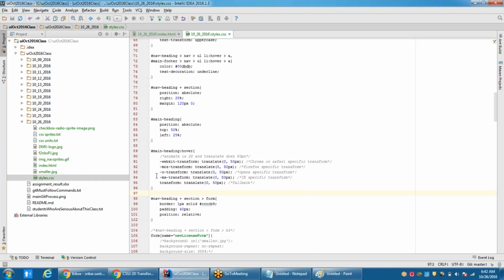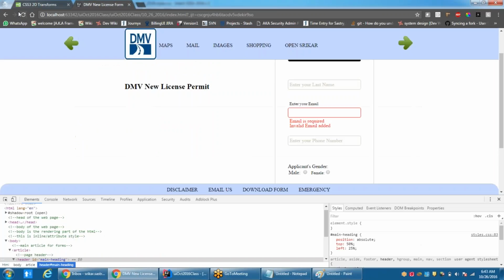And the thing is, in today's world, most of the browsers follow WebKit, like Safari and Chrome are kind of famous. So that's why that is the first style I have written. Next popular is Mozilla. Next popular is Opera. I mean, if I have to choose between Opera and Internet Explorer, I will always go with Opera. I will not go with Internet Explorer. The final one is Internet Explorer. Internet Explorer is the least favorite of all. So if I save like this, now if I go back and refresh my page,